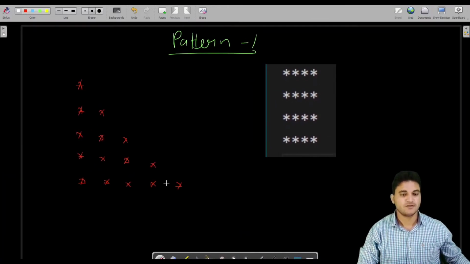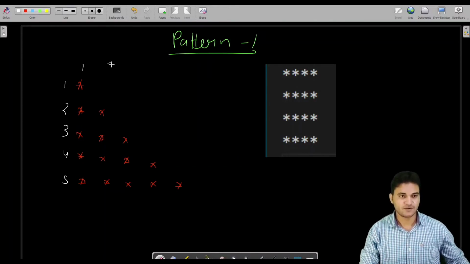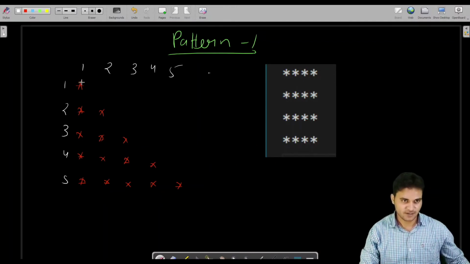So here also, what we have is 4 rows, sorry, 5 rows here: 1, 2, 3, 4 and 5. We have 5 rows, and we have 5 columns also, 1, 2, 3, 4, 5. But at this place we do not have anything.